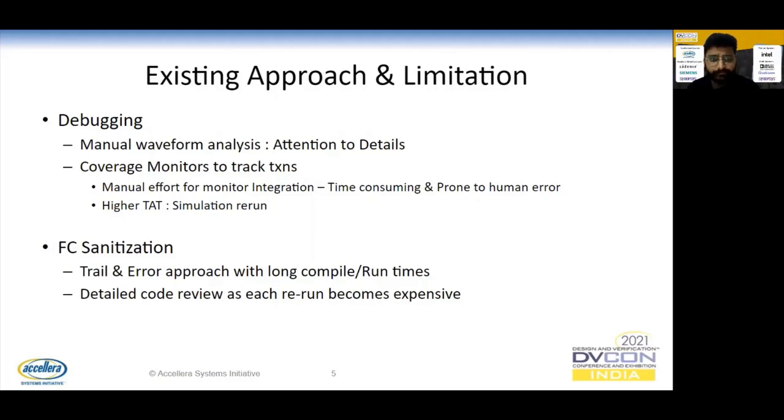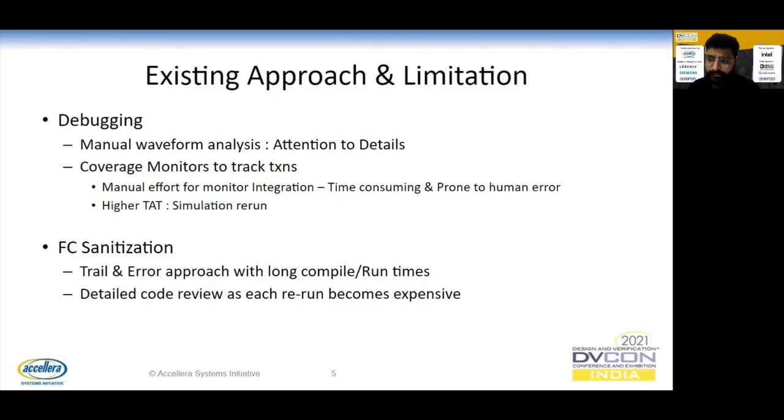Simulation time will increase. For coverage code fix or sanity, trial and error is a widely used approach, because if there are issues in coverage, the engineer will try to fix them and will try to rerun them. Automation can help in coverage coding, but full automation is not possible because coverage also includes coverage monitors where automation is sometimes not possible. So with this, we have two major SoC DV challenges before us to solve, which are transaction level debugging and functional